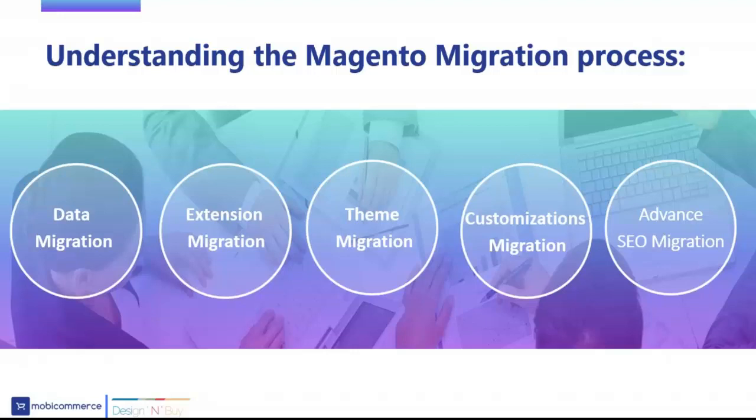Then, once the data is okay, we have extensions. What about the modules we're using on the website? How would you be migrating those extensions into Magento 2? Whether we'll have to buy new extensions, all of that will be covered. And third, design and branding related concerns. Would I be able to use the same design or not? And if there is customization done on my existing store, would I be able to use the same customization or not? And about the SEO migration,